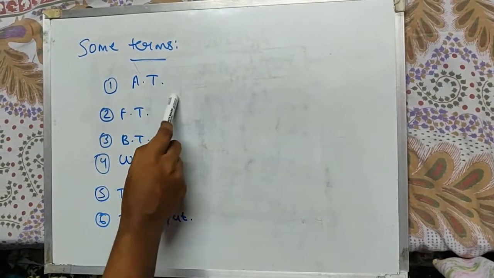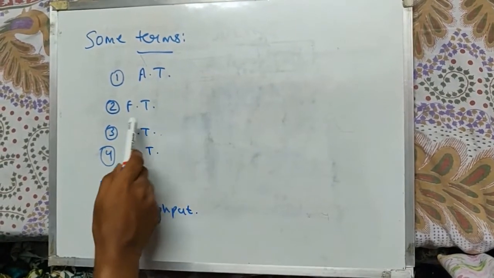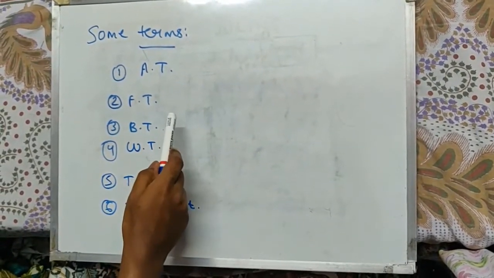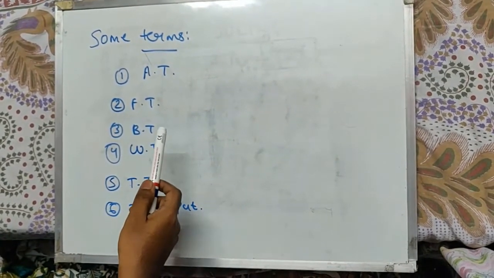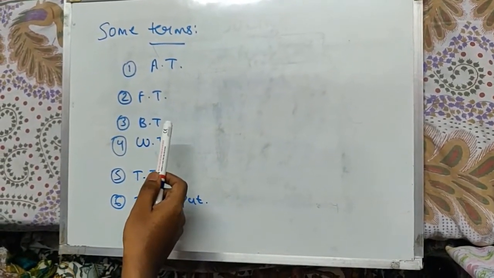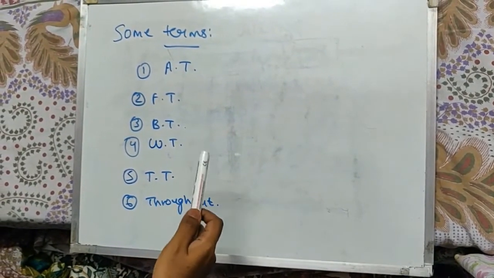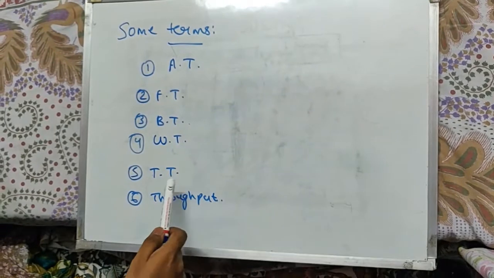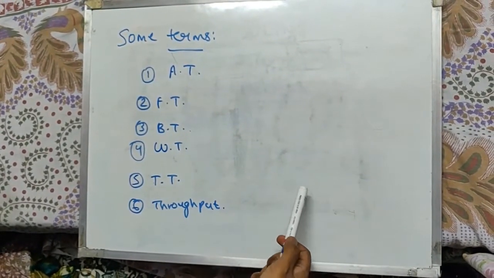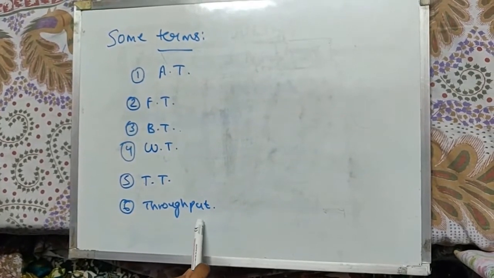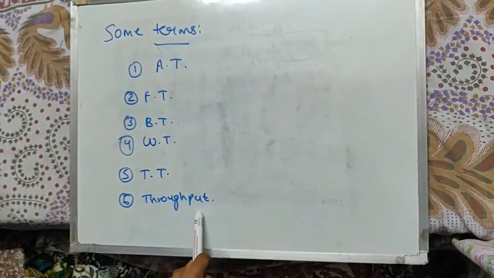Let's now discuss a few terms related to CPU scheduling. The first one is arrival time, which is when a new process arrives into the system. Next is the finishing time, the time instance when the process gets terminated. Next is the burst time, the predicted time required for the process to get over. Next is the waiting time, the sum of discrete time instances the process spends in the waiting state. Next is the turnaround time, the time taken from the arrival time to the finish time. And the last is the throughput, the number of processes completed per unit time. This is the most important one, and this is what we need to maximize.